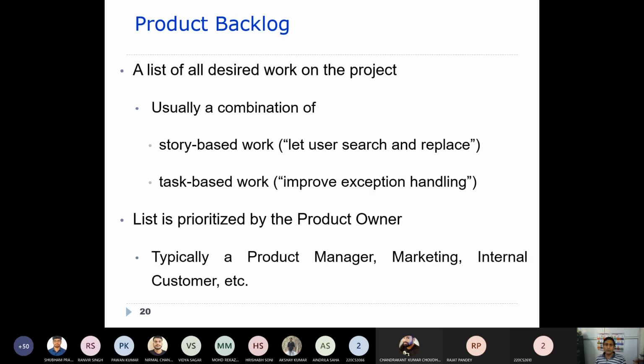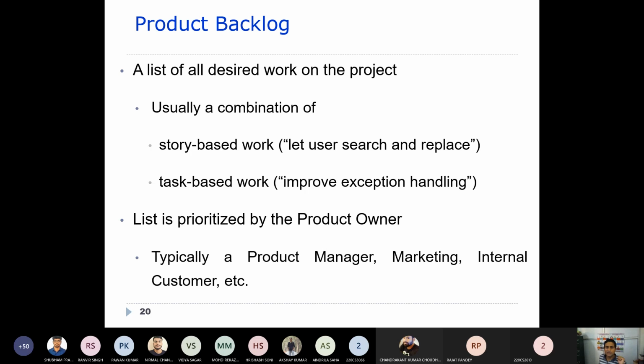Product backlog. Now we will see what is part of a product backlog. It is a list of desired work on the project. Usually it's a combination of story based and task based items, as I told you. Story based means the functionalities, like let the user search and replace a name or a book.